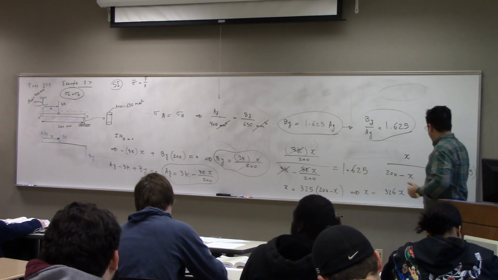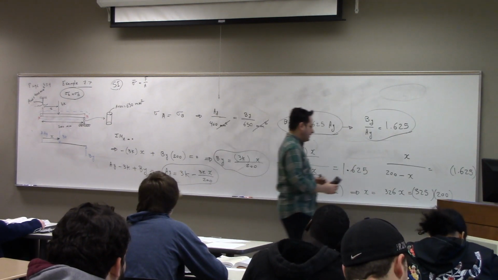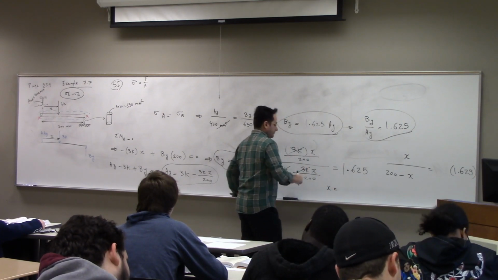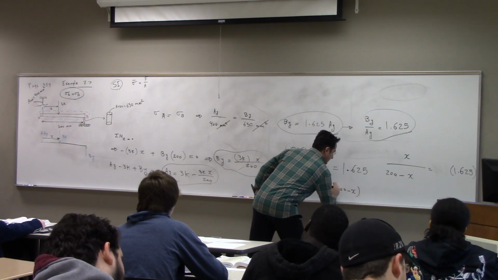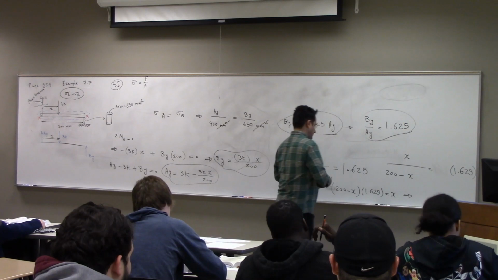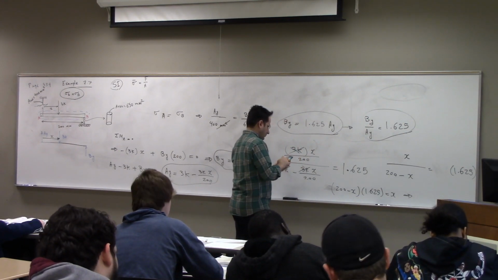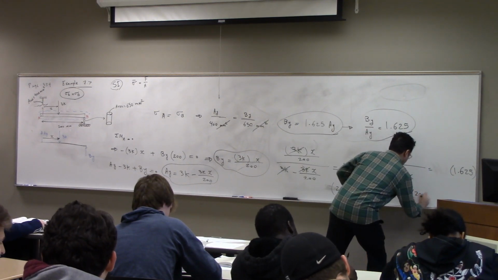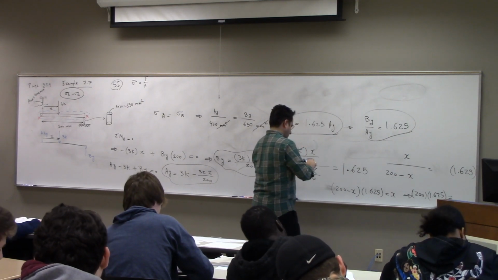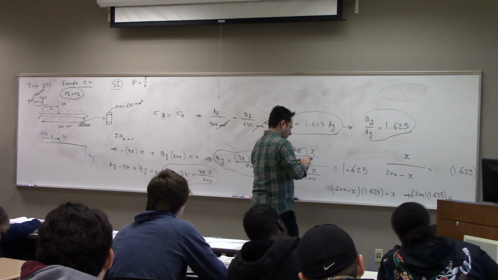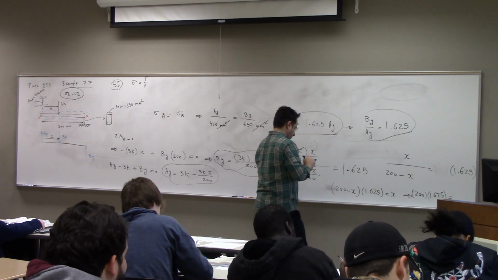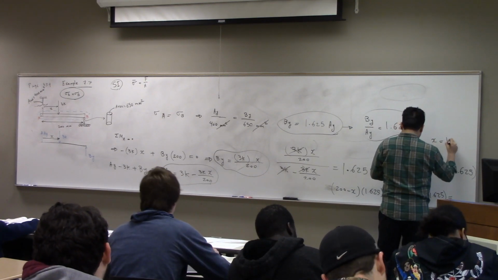So here, if I remove that, and if I do the calculation again, then I get x is equal to, then you multiply by 200 minus x, 1.625 is equal to x. Then you get 123.8